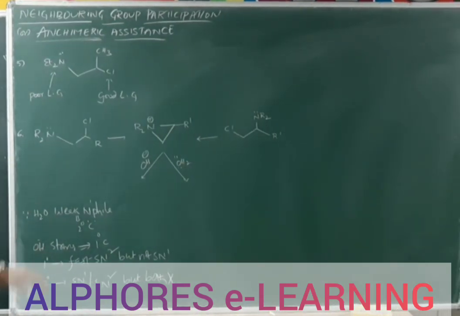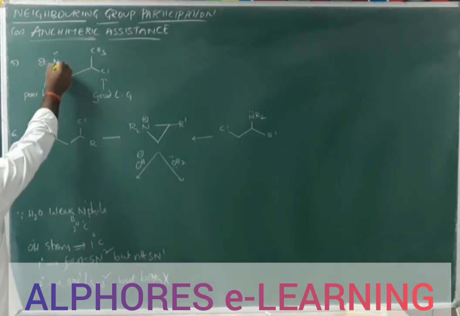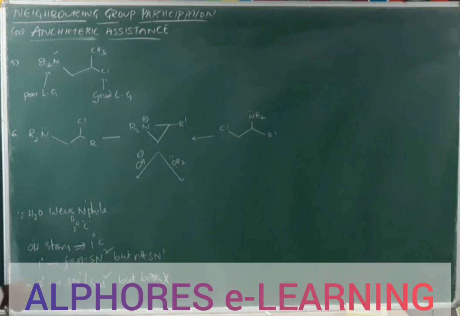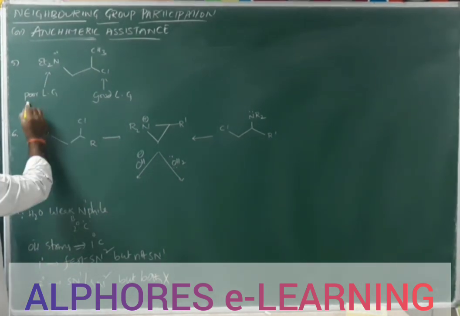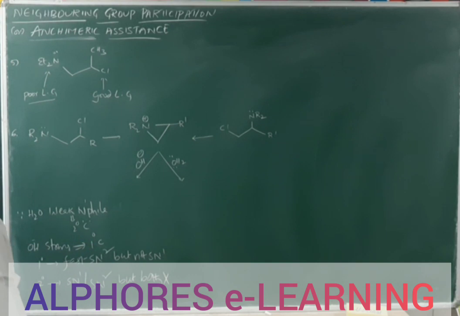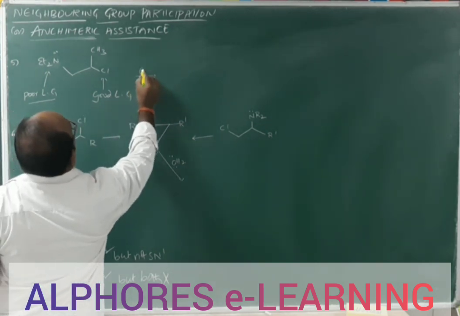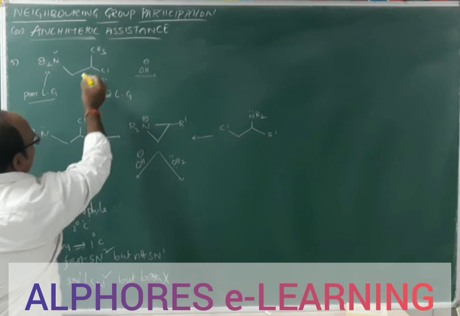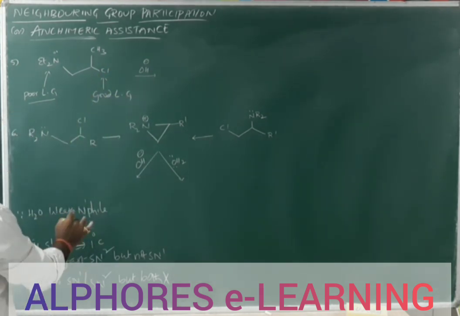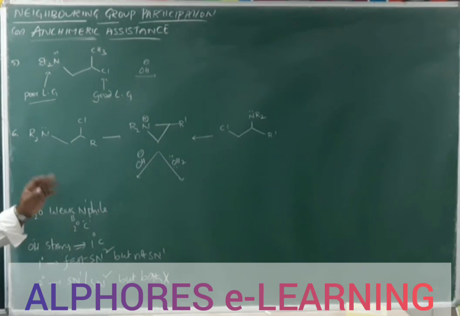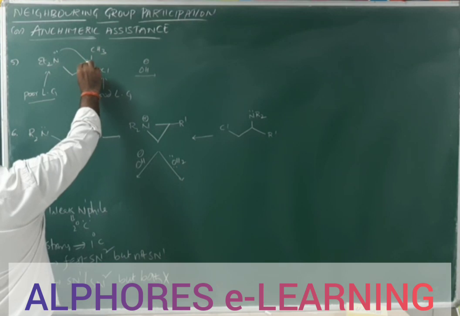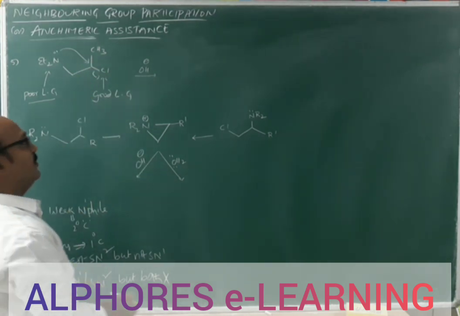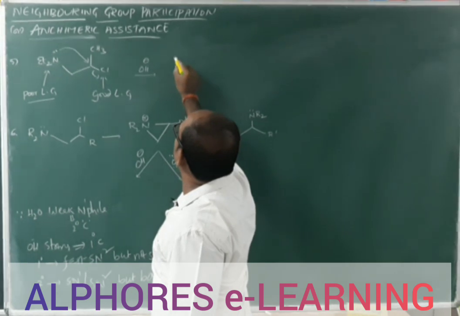Let us see this typical example here. In this case, dialkyl amine and Cl, both groups are there, and it is very clear that amine is a poor leaving group and Cl is a good leaving group. So this one upon treatment with OH minus. Since it is a poor leaving group, it cannot be displaced that easily, and displacement of Cl minus by OH minus takes place very easily. So if it is so, that is the quite general or natural SN2 mechanism. But here, beyond that, what happened? Nitrogen containing a lone pair is going to take part in neighboring group participation. As a result, we are getting the product.